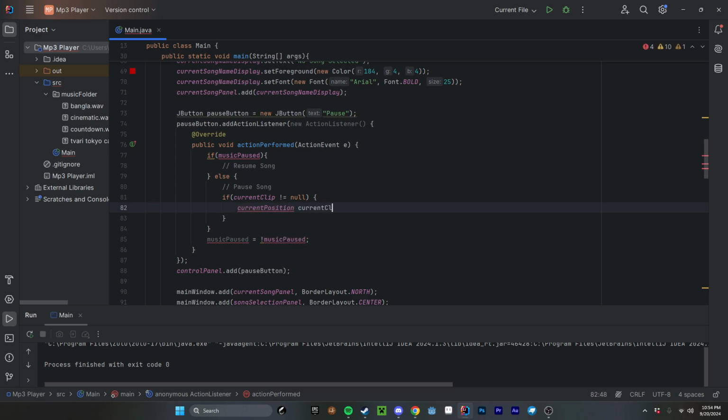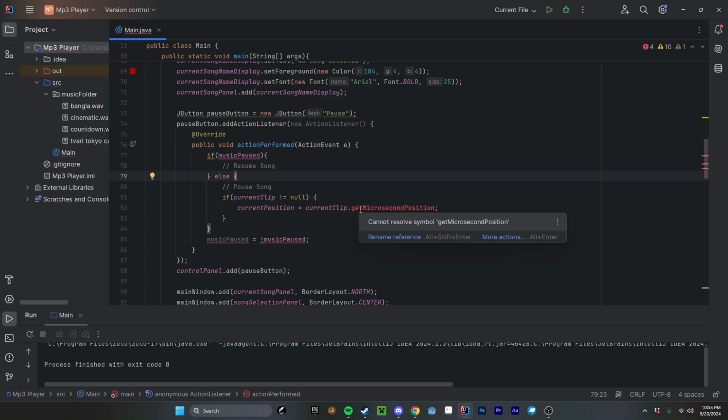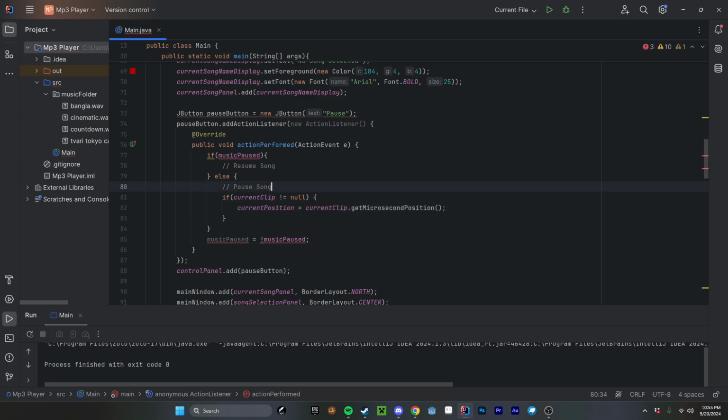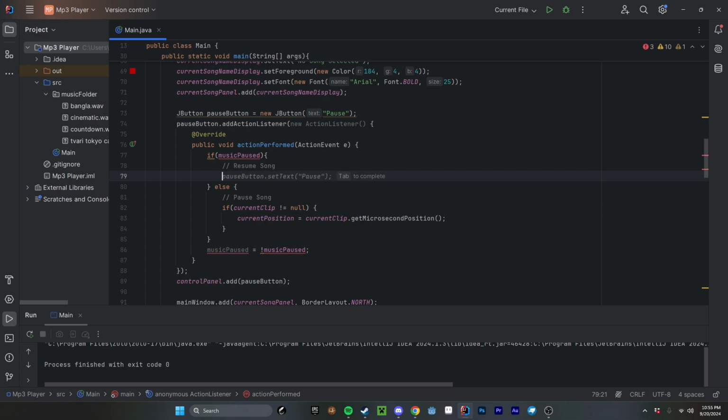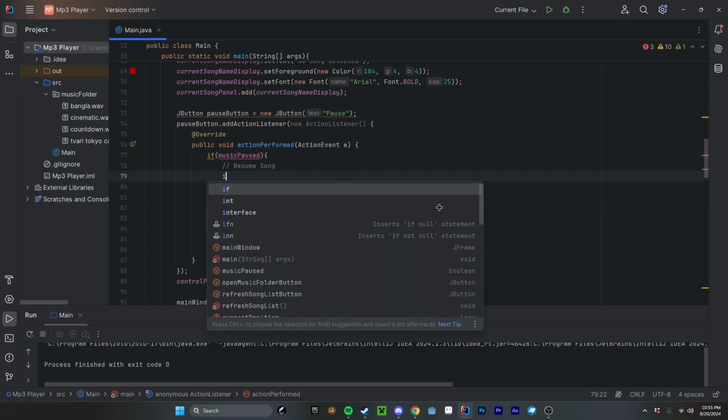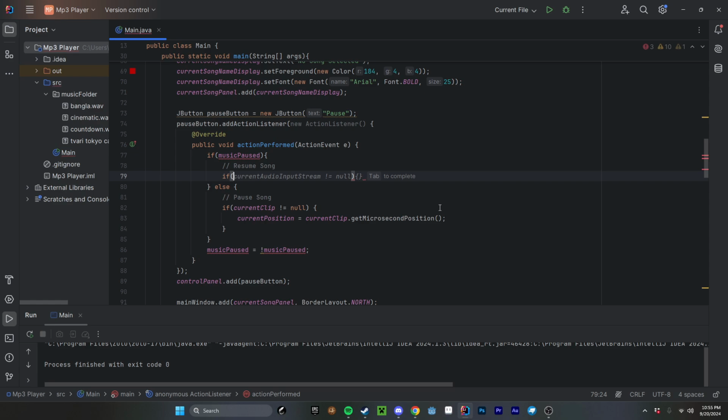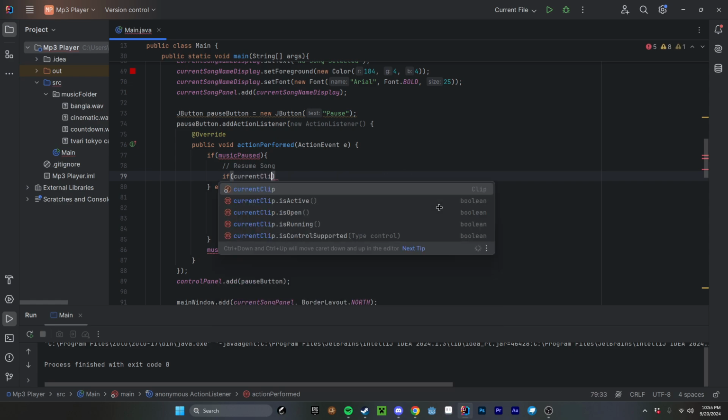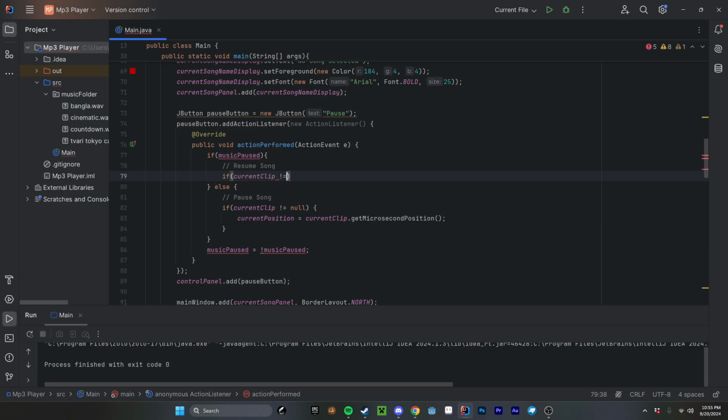to current clip.getMicrosecondPosition, like that. Oh, forgot the equal sign. There we go. Okay, so cannot resolve symbol. Oh, this needs to be a method. There we go. Okay, and over here, I'm gonna have, again, if our current clip is not equal to null,